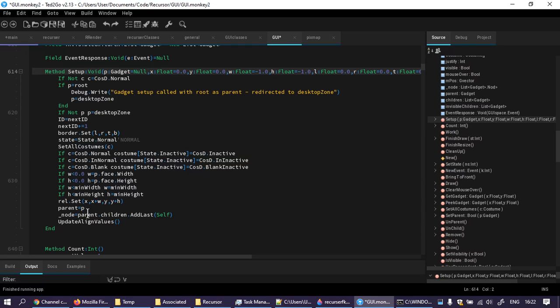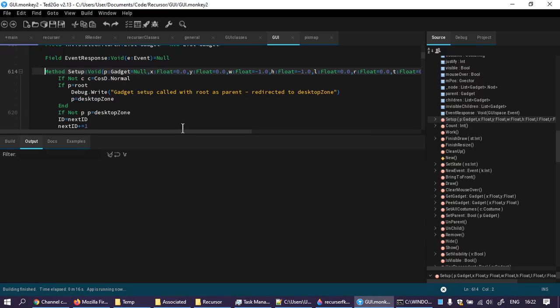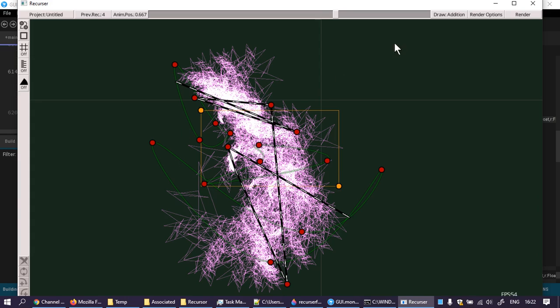Parent equals p, node equals parent, children, add last, update align values. Yeah. It's just not a problem. Or at least it shouldn't be anyway. So, I mean, I can force it, because I did just think it's very easy in this case, in the case of these gadgets which I've made for my own use, to say